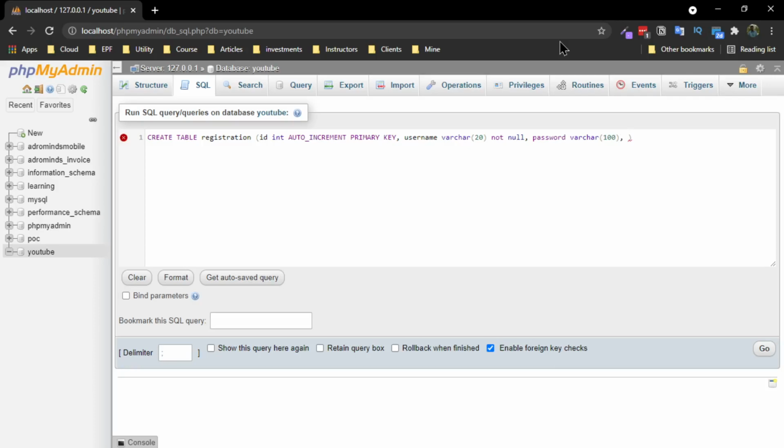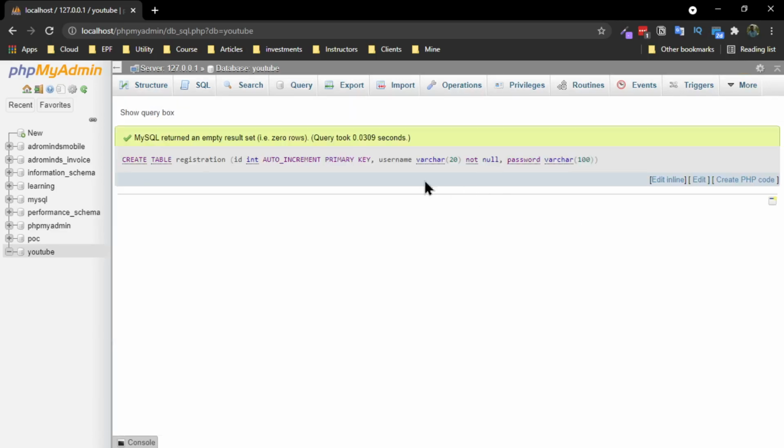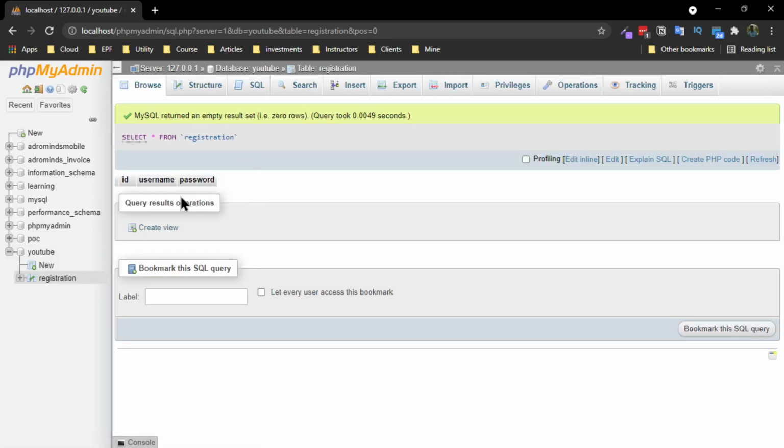And then I think that is fine as far as this is concerned. If it is the original application that you're going to develop, you need modified date, last login date, how many wrongly entered username or password attempts, everything needs to be tracked in the database. But as of now, this is good enough to proceed further with the application. Let me click on the go button, so that the table will get created. Here you can see that I do have YouTube, I do have a registration, so that I can insert any specific record into the table. As of now, we don't have any records. Okay, that's all for the database side.